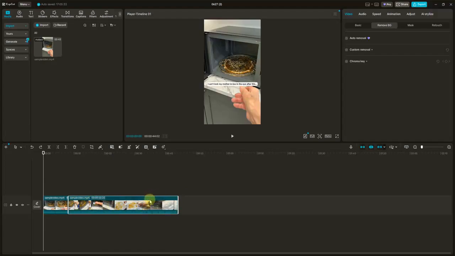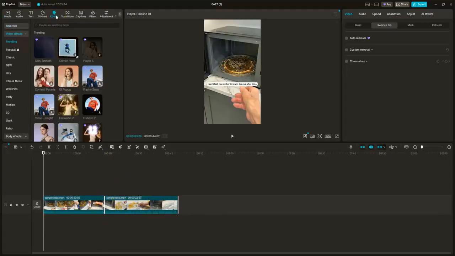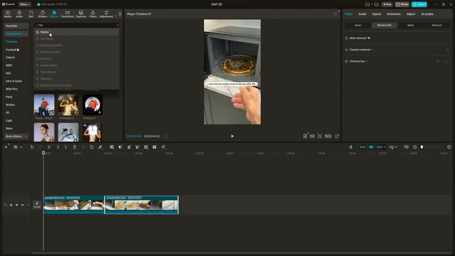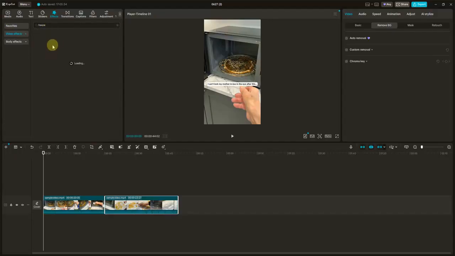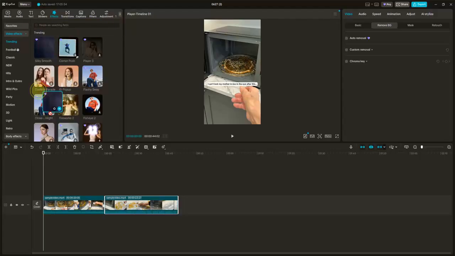Now, let's talk about adding effects. On the left side, you'll see an Effects tab. Click on it and browse through the available effects. Once you find an effect you like, drag it onto the clip on the timeline. You can adjust the intensity and duration of the effect by clicking on it in the timeline and using the